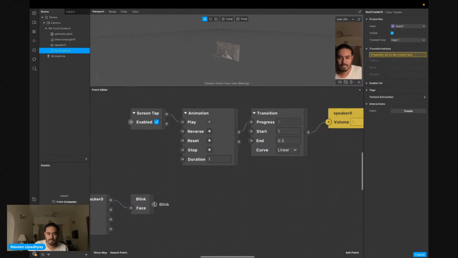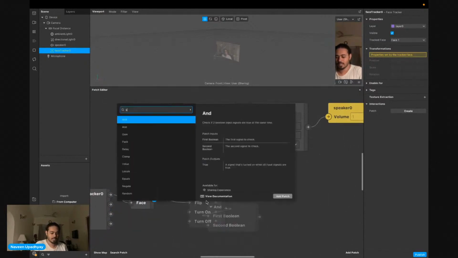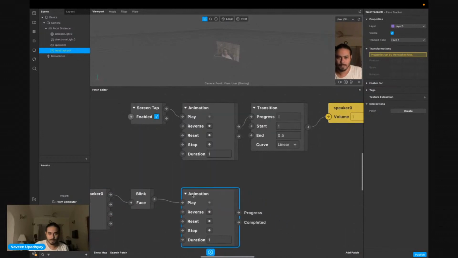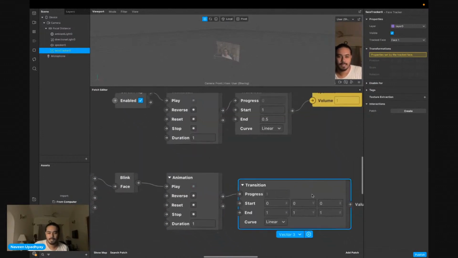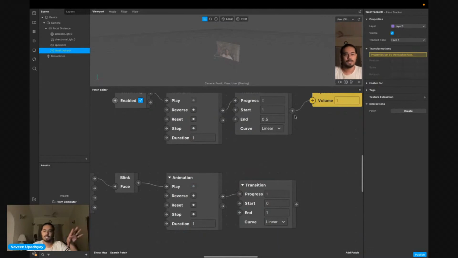Okay, it's half of it. So when this happens, I'm going to use another animation and make a transition from. I can just completely use a new number, but it's always better to use the last value of the speaker, so that we can have a smooth transition.